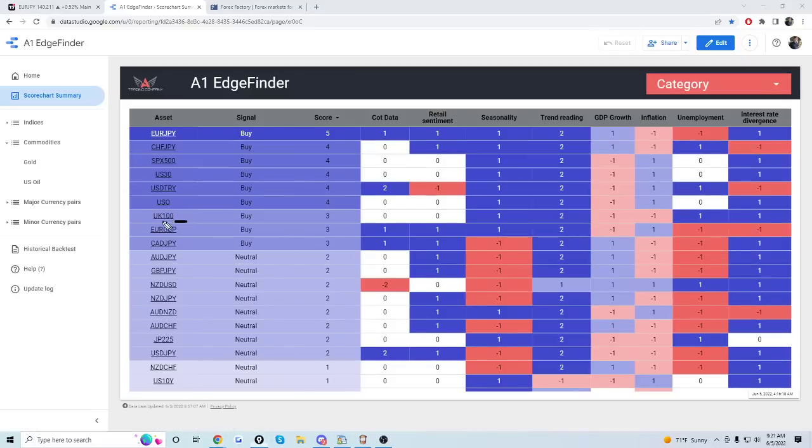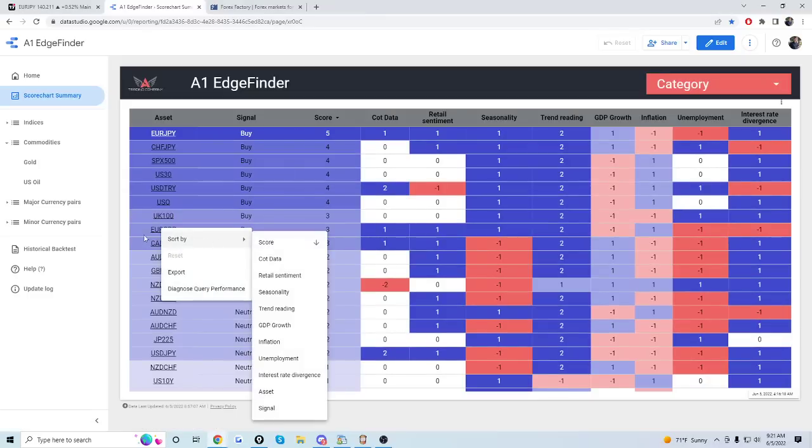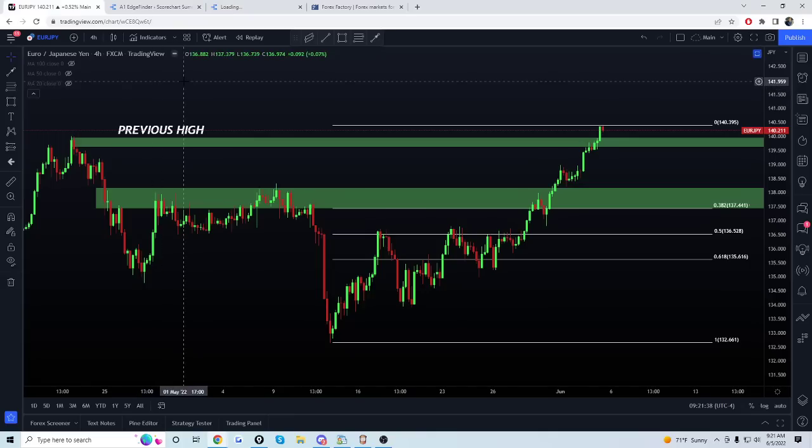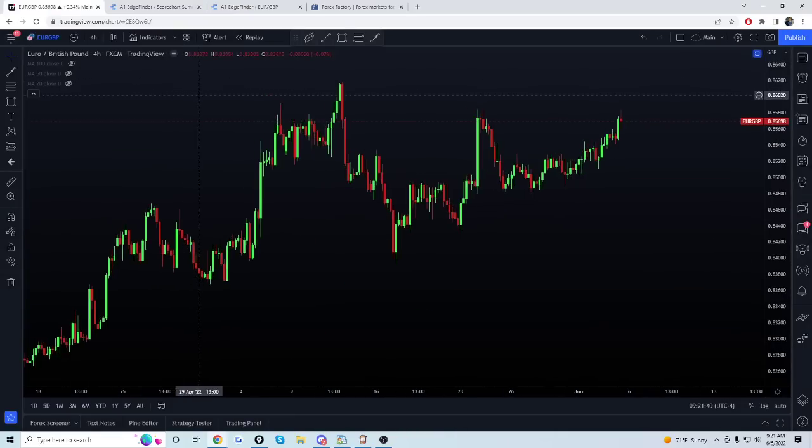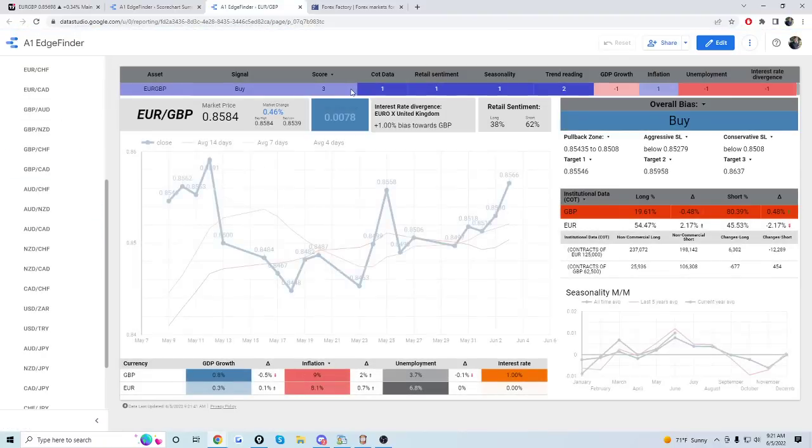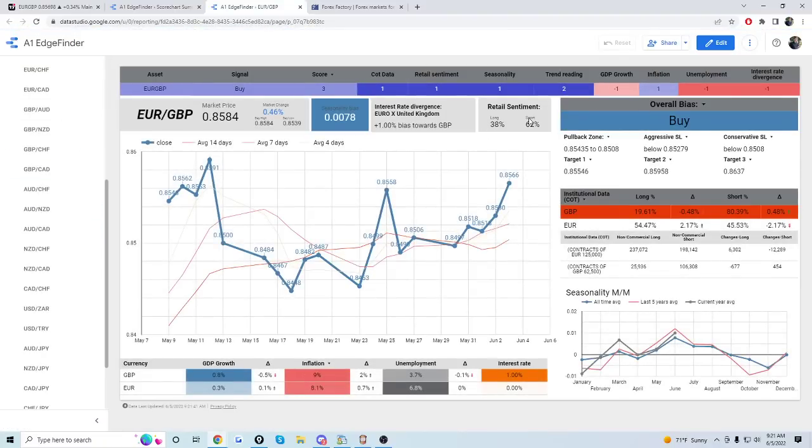Let's go analyze Euro Pound here for a second, which popped up as a potential buy for the week ahead. Let me see if I can just click this, and we'll go over to take a look at Euro Pound, and I'll pull it up on the screen so we have that as well. So Euro Pound. Okay, calling for bullishness here, and this is very interesting. In terms of the Edge Finder, COT data is pointing towards bearish GBP, bullish euro. Okay, retail sentiment, the crowd is short on this pair according to the data we have. 62% of the retail traders tending towards shorting the pair.